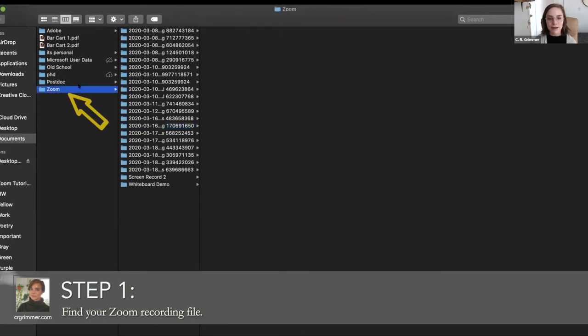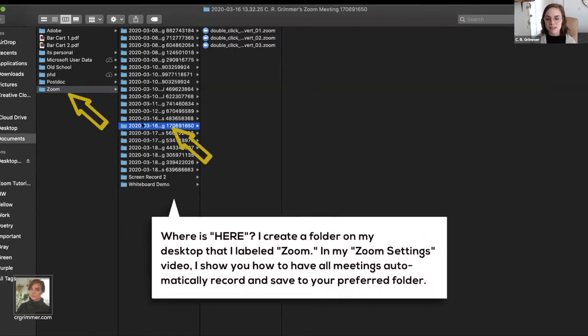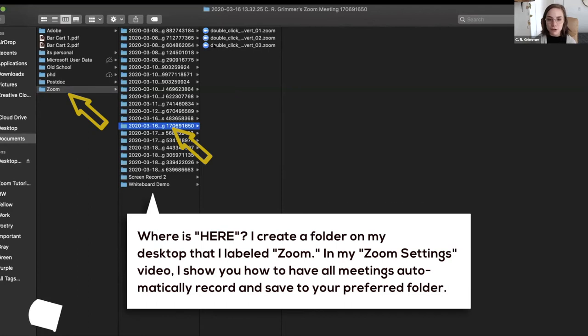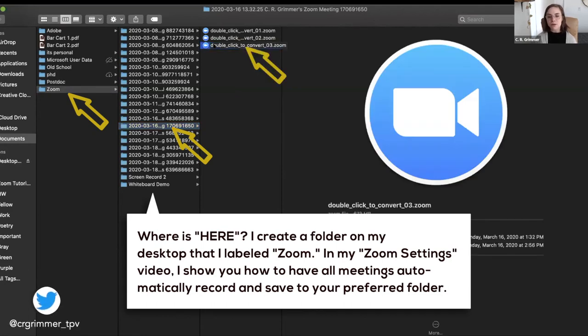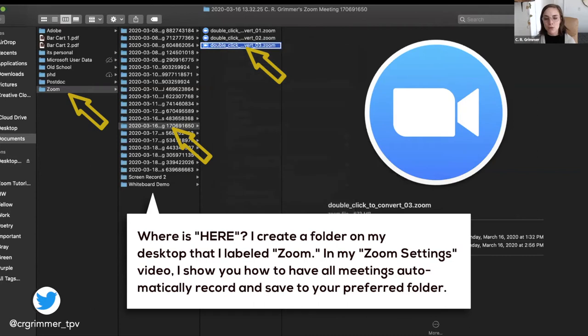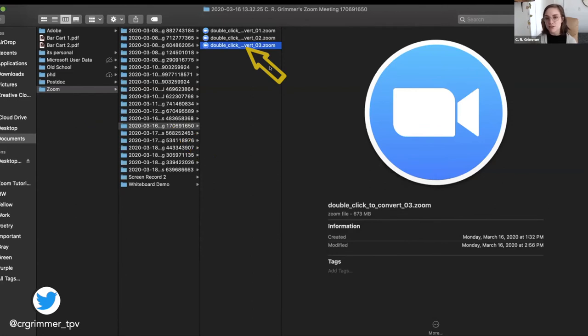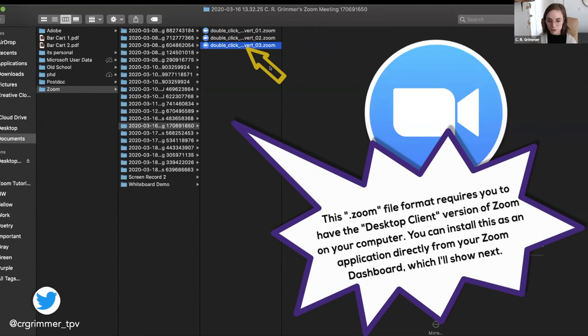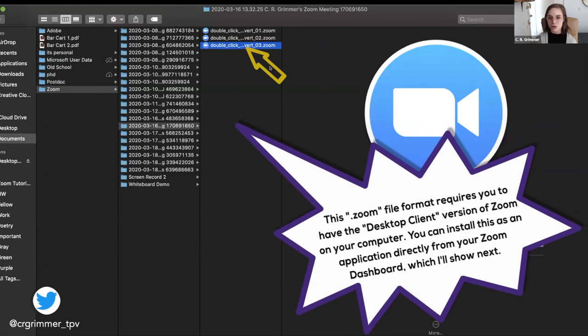So say you have your folder set up, you have it saved so things save locally, and you come across this file and you double click it and nothing happens. You left click it, and in your case, nothing seems to come up here. That's an option, right? You have to be able to turn it into a readable file format outside of the Zoom system. And to do this, you have to have the Zoom application installed. The Zoom application is just called Zoom Client.